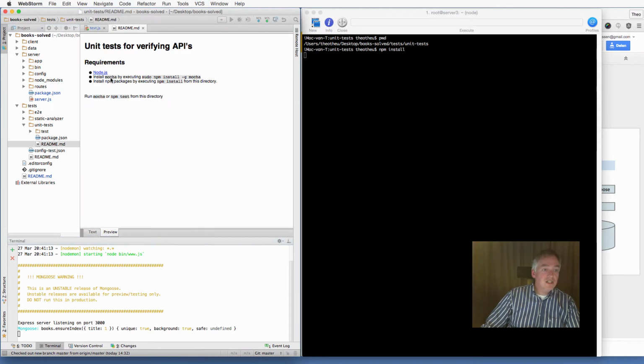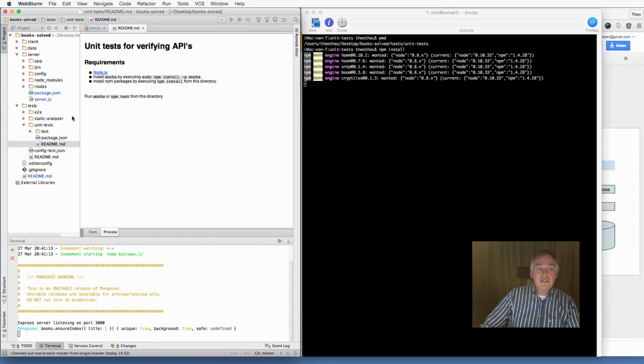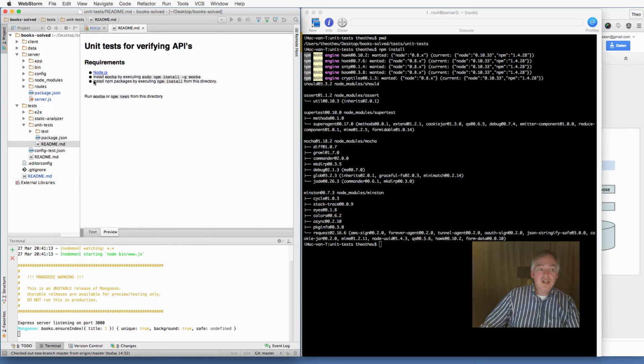What's in here? Oh, and I have to install Mocha if that's not installed. So sudo npm install -g Mocha, and that should be globally installed. So make sure that you have not only Node, that probably should be already there. The first step you do is install Mocha, and Mocha you install with sudo npm install -g Mocha, and then